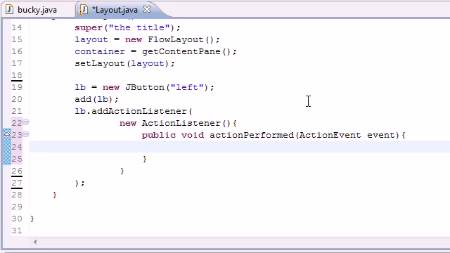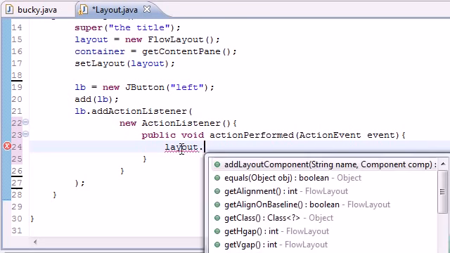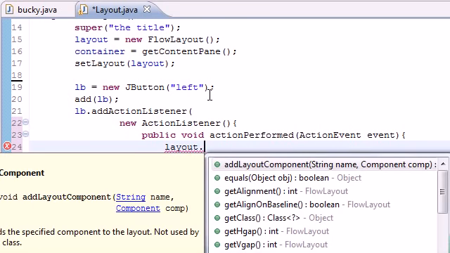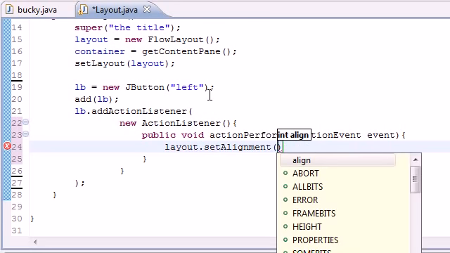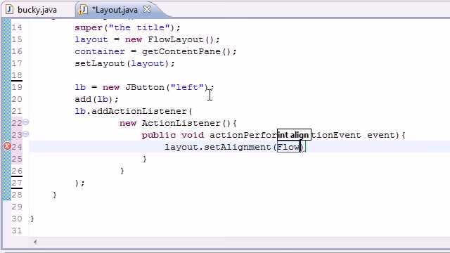And what do we want to happen whenever we click this left button? Finally, after all of this adding, we get to the meat right here, the body of our action performed method. What do we want to happen when we click the button? Well, first of all, we want to change that layout. Since we clicked the left button, let's set the alignment, and it gives a nice little shortcut right there. And what you set it to is FlowLayout.LEFT, and what this is going to do